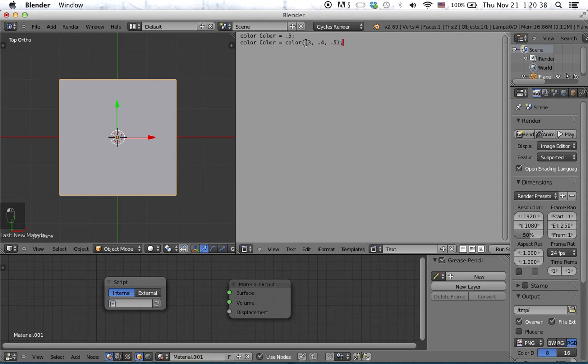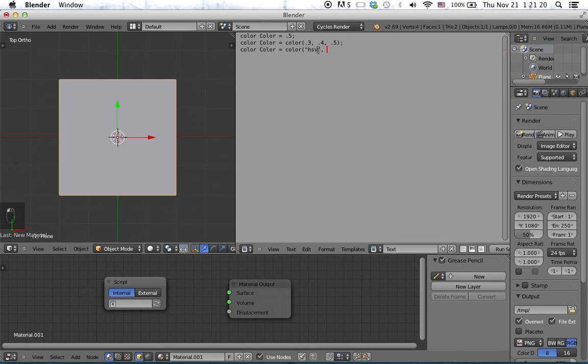And it gives the R, the red value, 0.3, the green value of 0.4, and the blue value of 0.5. And then finally there's another special thing you can do using the same constructor color, which a constructor basically does, it builds you an object of this type, so it builds you this color. And instead of doing just how we had before, we're going to give it a string as the first parameter of the constructor, so we can say HSV, and then we're actually making a color in HSV color space,